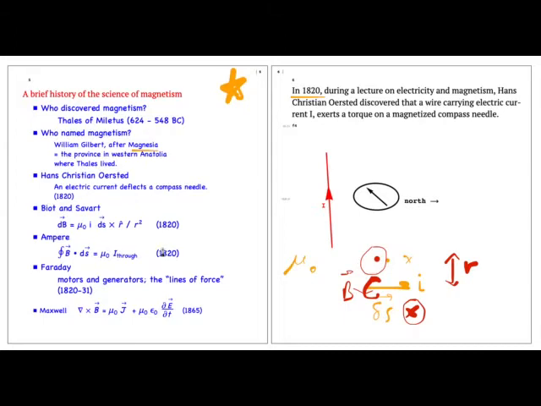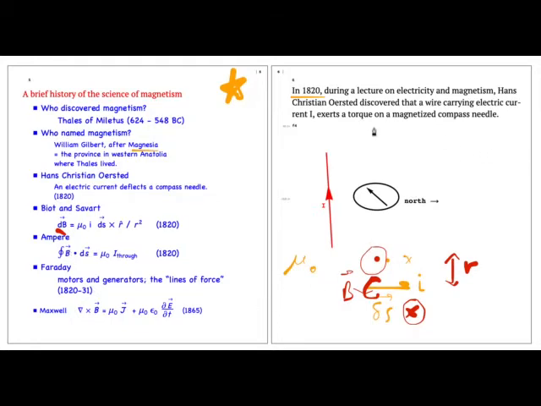The same year, 1820 again, Jean-Marie Ampère, another French scientist, more of a mathematician really than an experimental scientist, showed that there's this relationship between magnetic field and electric current. The line integral, or the sum of the magnetic field dot ds around a loop, so B dot ds around a loop,